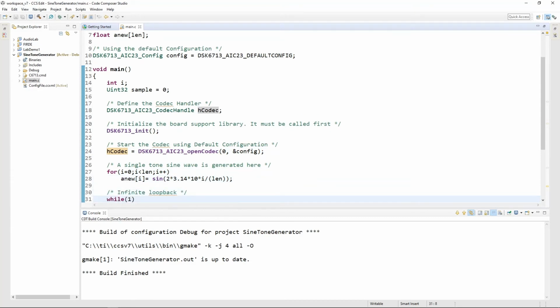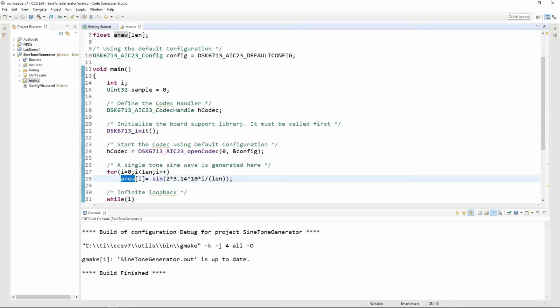Next up is the code for the generation of the sine tone. Once we have opened the codec in accordance with the settings here, we can now simply write this sine data onto the output line one by one. We need to understand that the codec will be able to handle the data, but in a sample by sample manner. So the very first possibility that we can